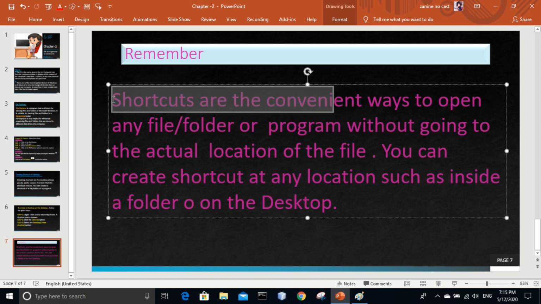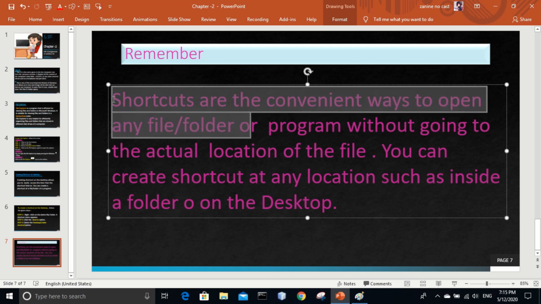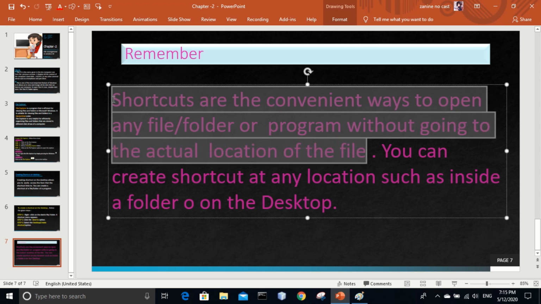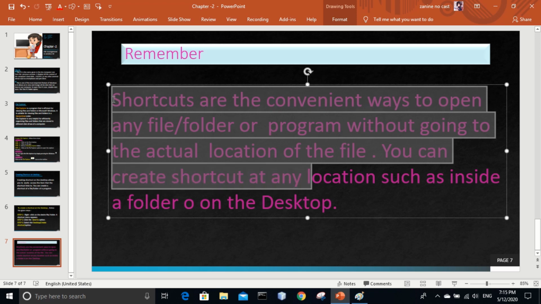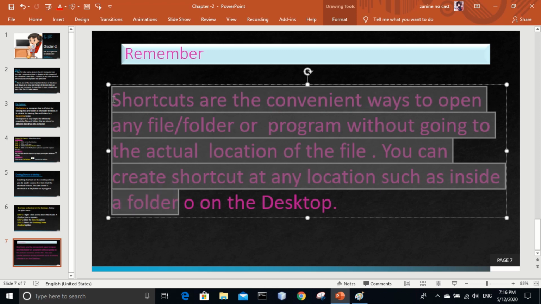Shortcuts are the convenient ways to open any file, folder or program without going to the actual location of the file. You can create a shortcut at any location such as inside a folder or on the desktop.